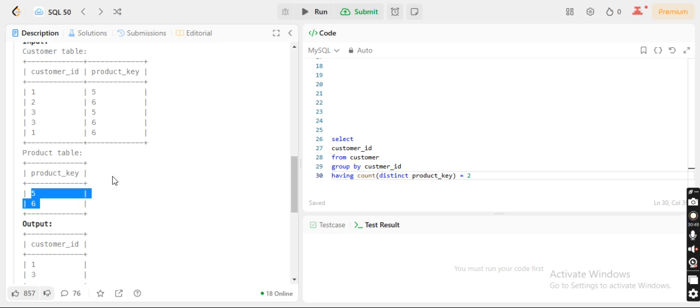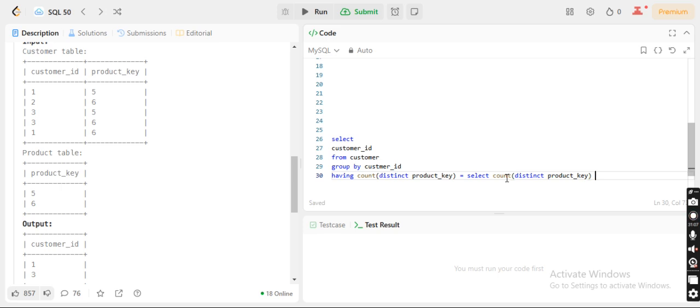There should be some connection over here. So can you just think of some connection which we can make? One connection in my head is: select count distinct product key from product, and I give a parenthesis to this.